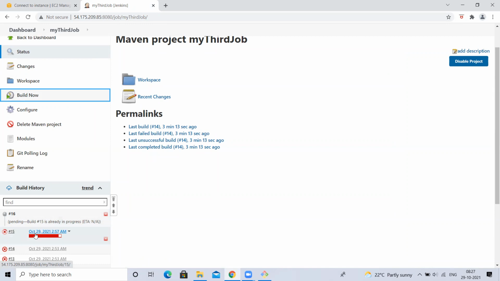Do we use all these options in real time? That is up to you. Based on your requirement, you have to use them. I'm just explaining what all the features available here are. Based on your requirement in real time, you have to choose whether to use this or not. It doesn't mean that every option in Jenkins will be used for every project. It's not like that.